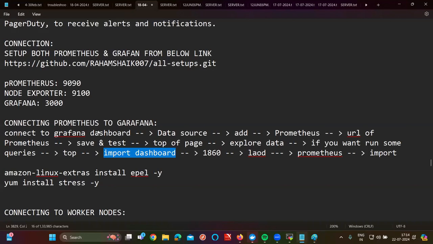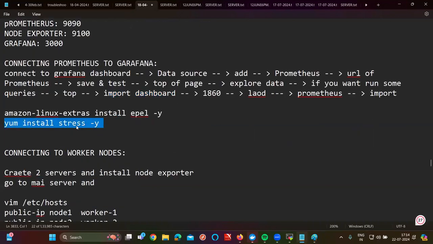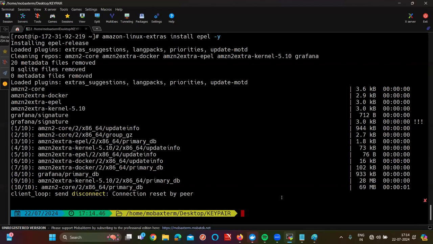So now the command is amazon-linux-extras install epel. First of all, you are going to install this command, sir. Already I have given this command for you. If you go and see, run this command and run the command yum install stress. The moment you run them,